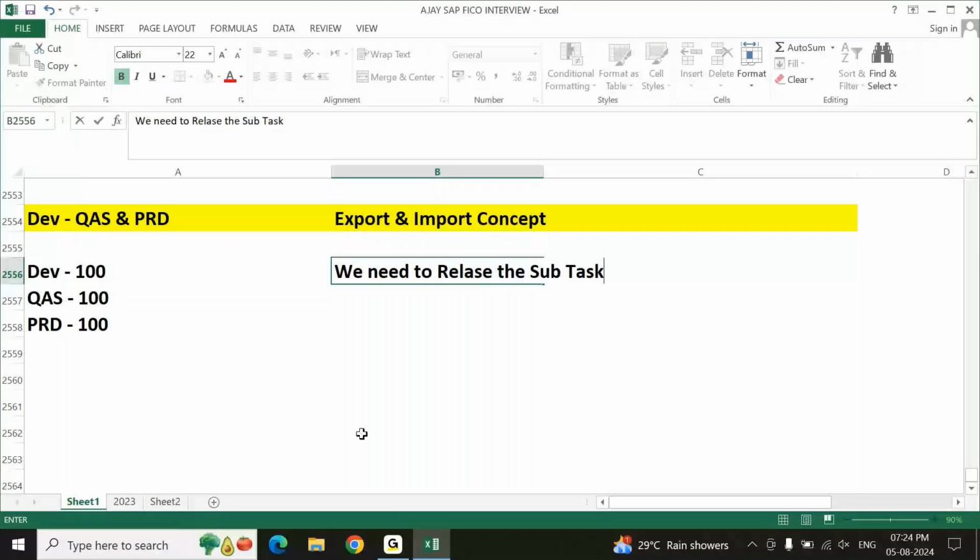Here we need to release the subtask first and then the main task next. This is your point number 1. Point number 2,